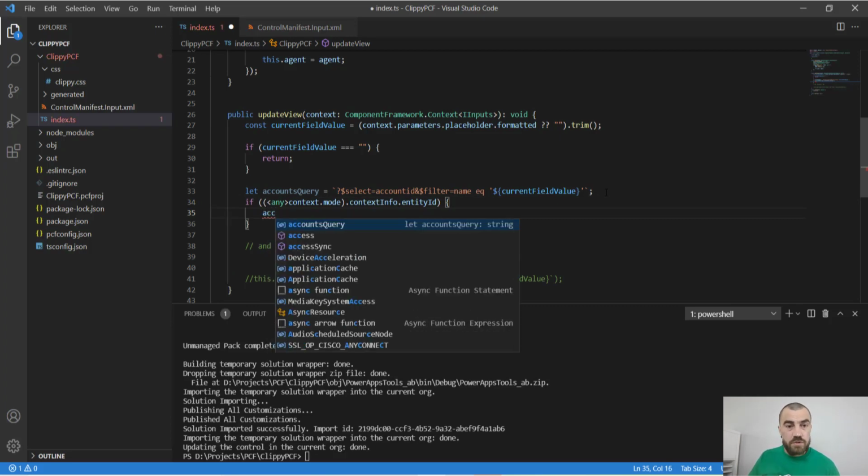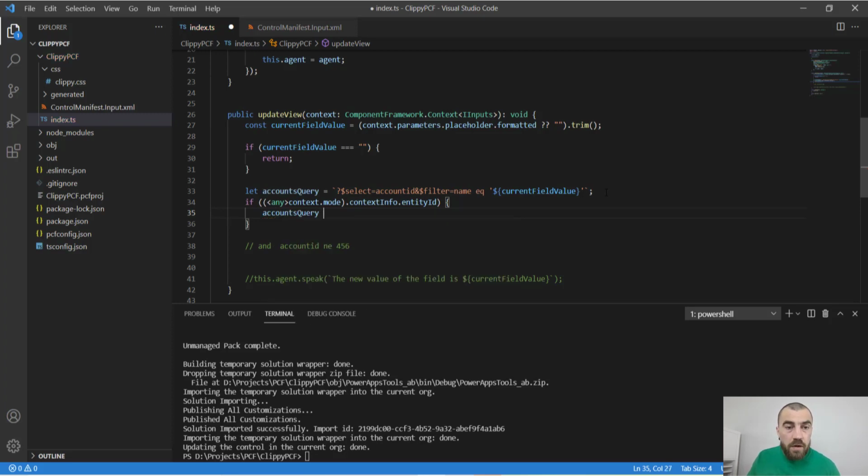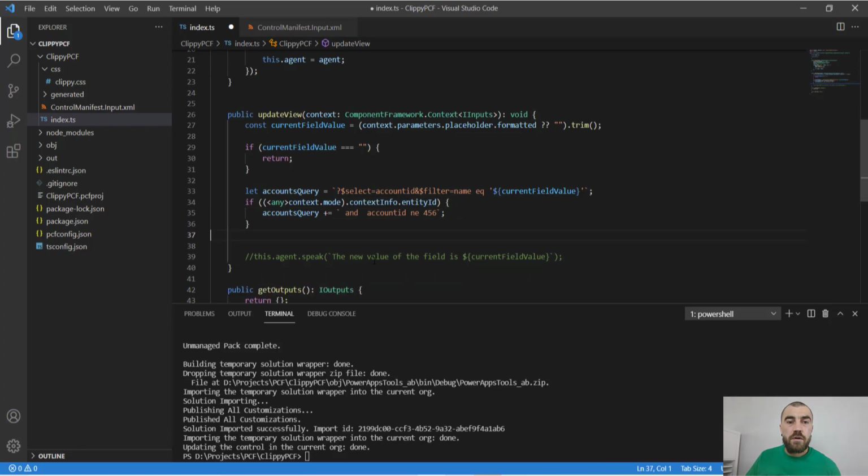So counts query plus equals, and again I will use string interpolation. I will copy this part that I copied before, paste it over here, and I will use this piece I used here. Instead of 4, 5, 6, I will use string interpolation. Paste it, done. Okay, the query is built, and the next step is